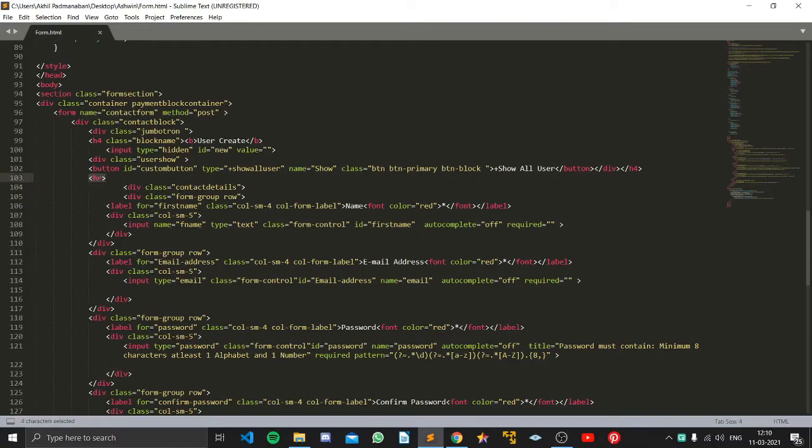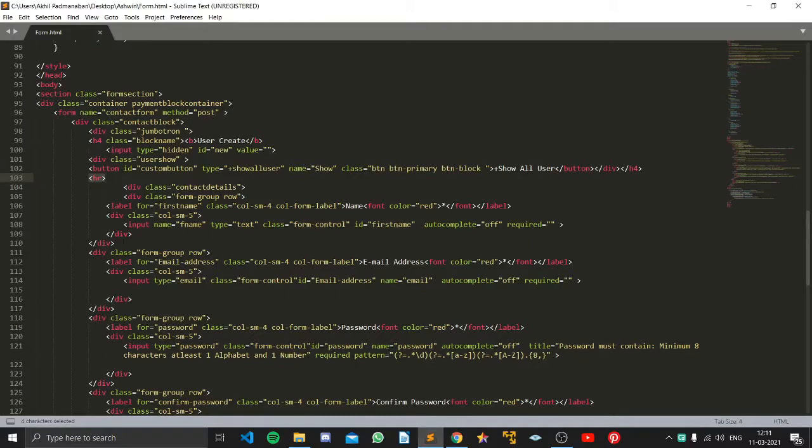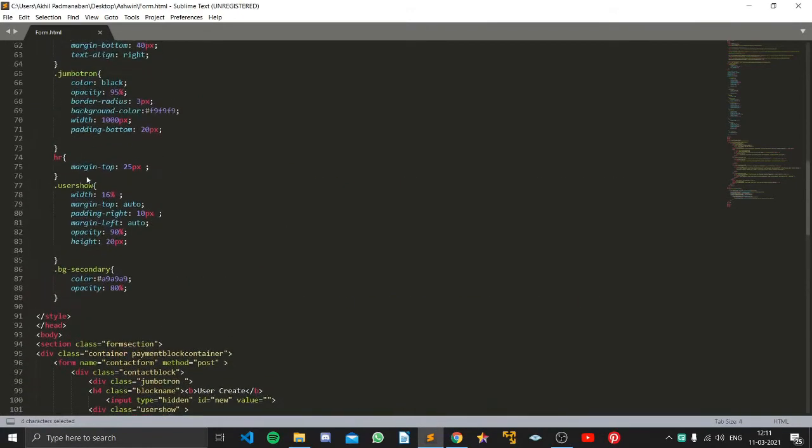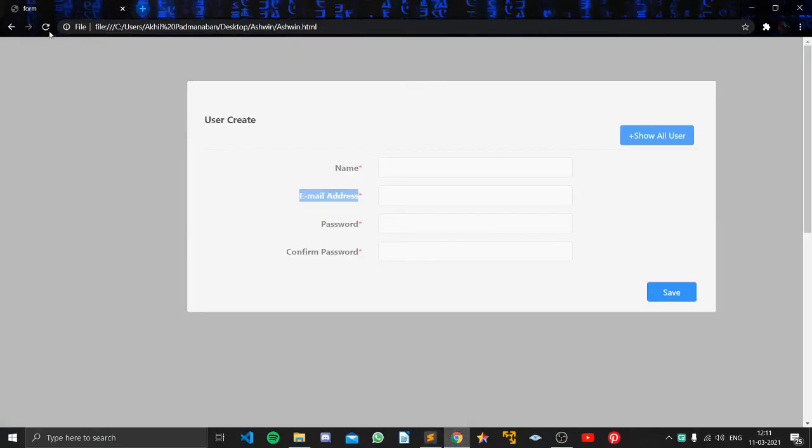HR means I am giving a line. This line I am giving. It will be bold, but I have made it into the style that I want, so that even though I have called the HR function, it keeps a margin top of 35 pixels. We can change it accordingly. If I give 35 pixels, the line will keep that distance. You can change the width or arrange it accordingly.